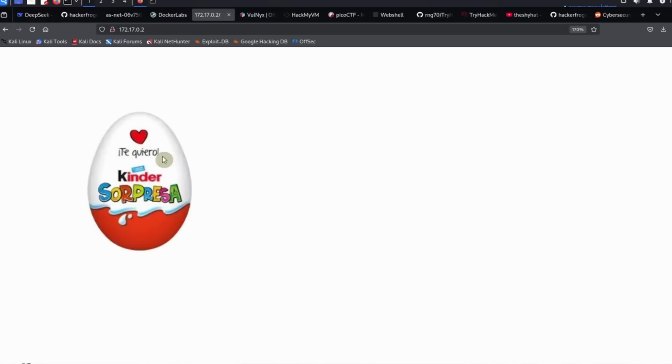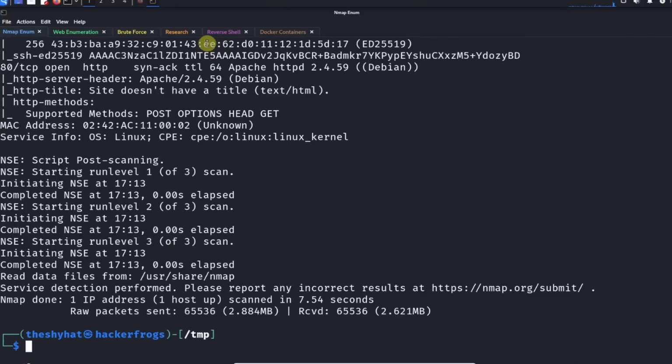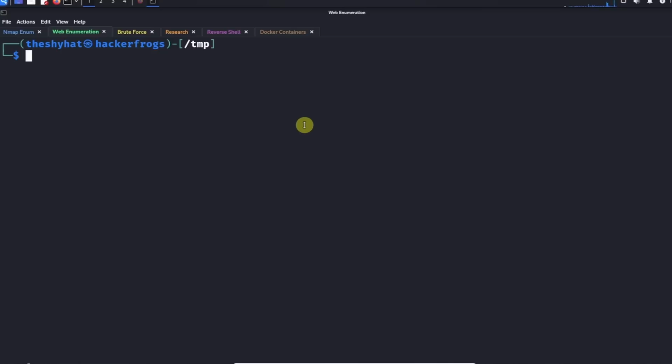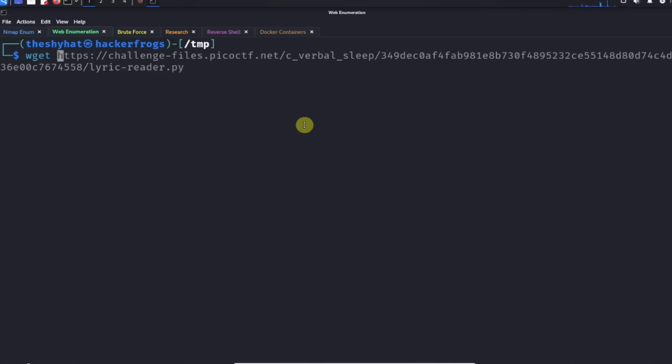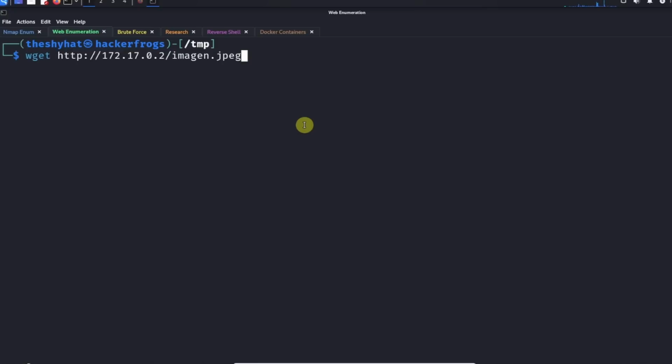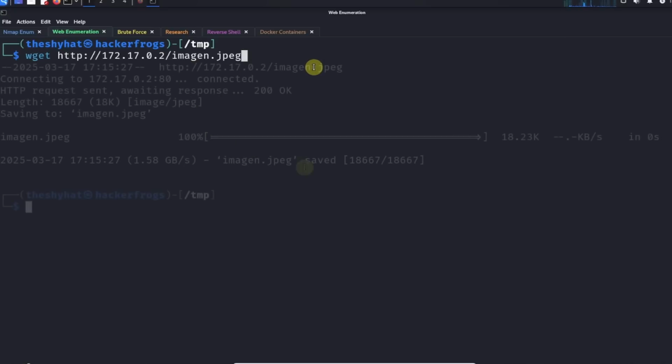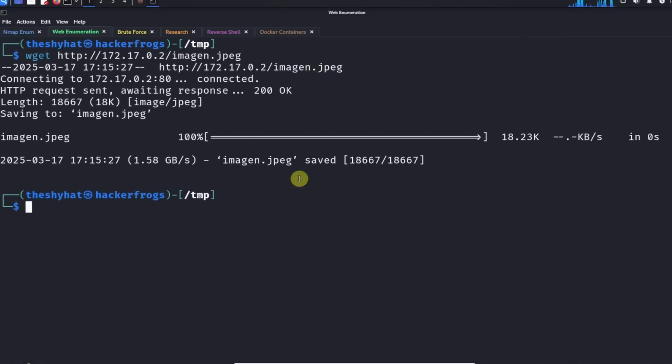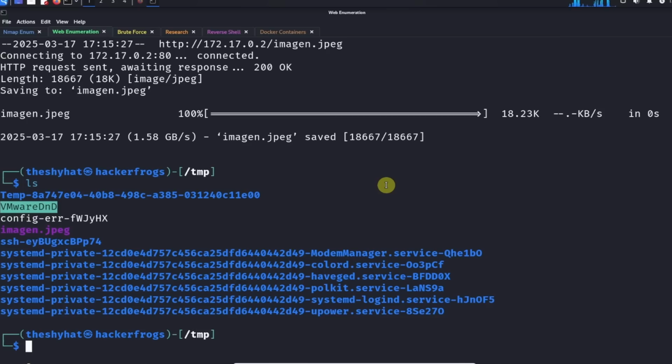Image Link. After we do that, we're going to go over to our terminal again, and we're going to, let's see, inside of web enumeration, sure. Let's do wget to download this image right over here. So it's HTTP, this IP address, /imagen.jpg. All right, so we've saved the image file here,